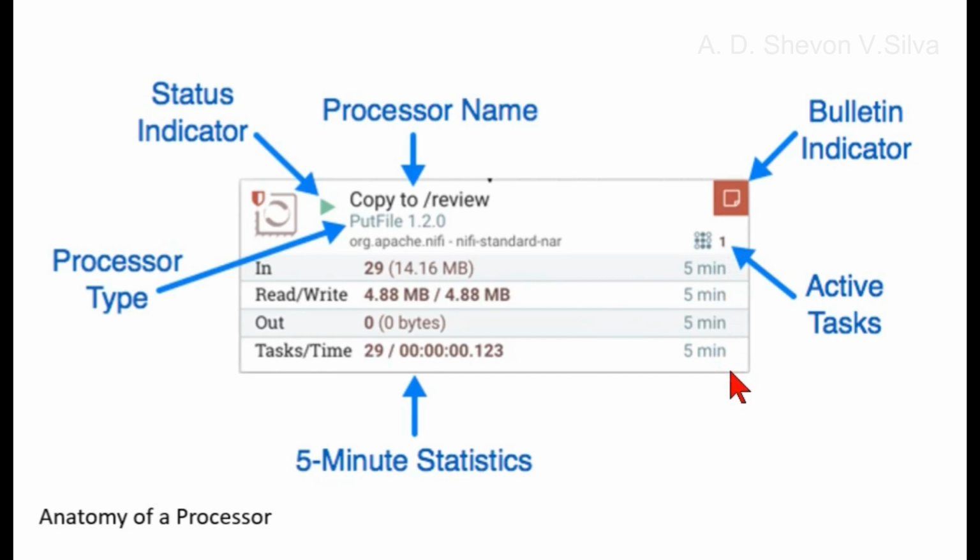5-minute statistics. The processor shows several different statistics in a tabular form. Each of these statistics represents the amount of work that has been performed in the past 5 minutes. If the NiFi instance is clustered, these values indicate how much work has been done by all the nodes combined in the past 5 minutes. These metrics are